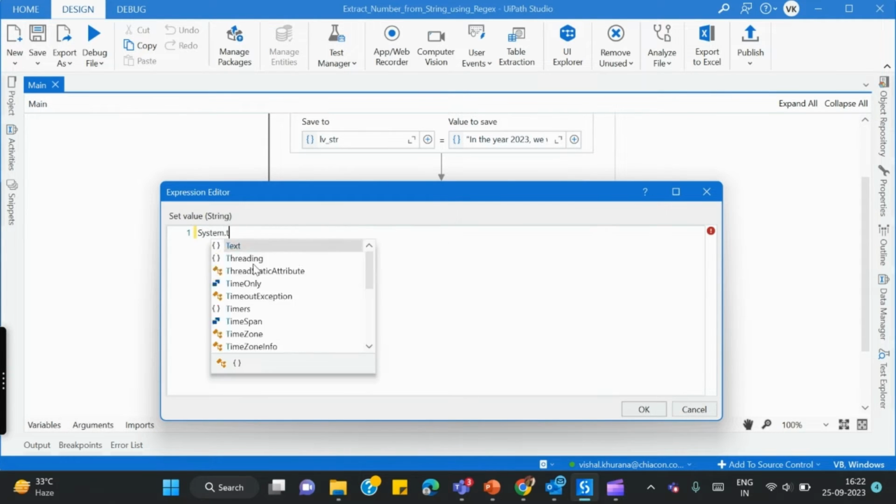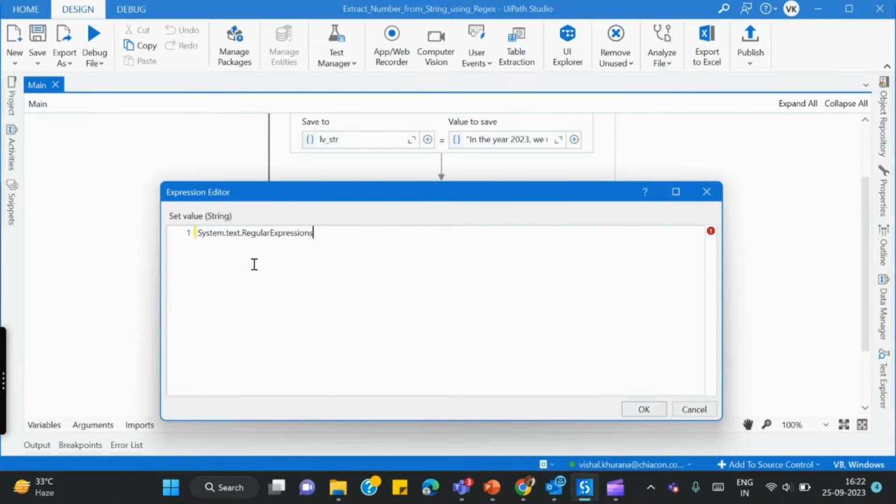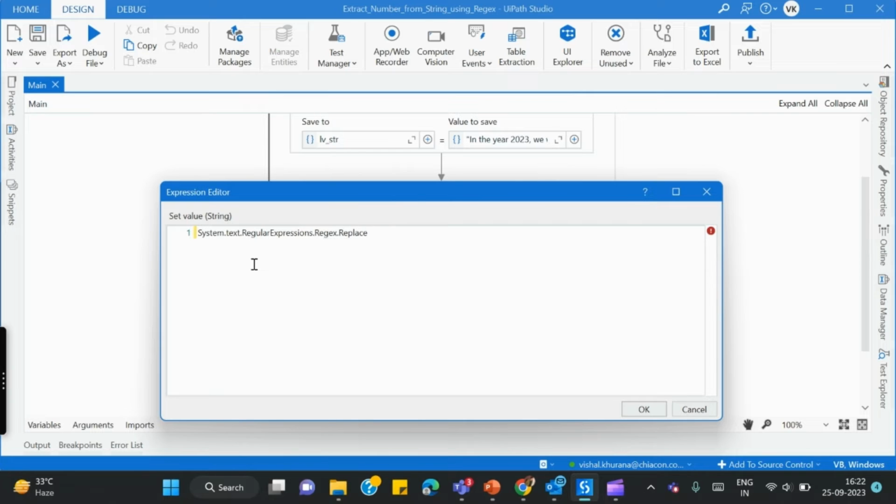System.Text.RegularExpressions.Regex.Replace. Now here you need to pass your variable. Here, if you can see, it is asking me to provide an input as string. So I have my variable, which is lvstr,